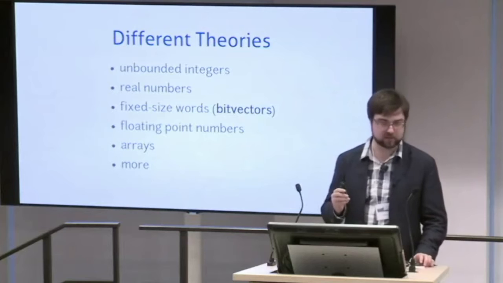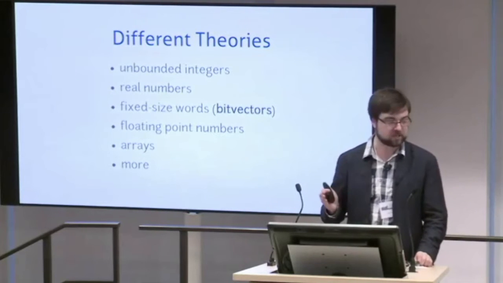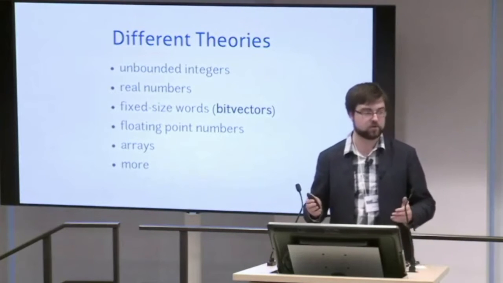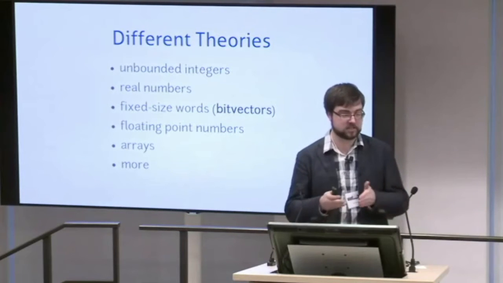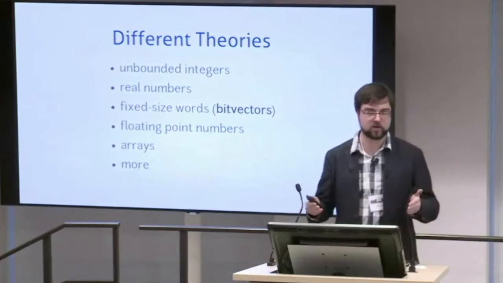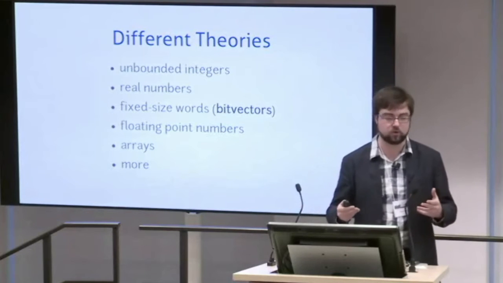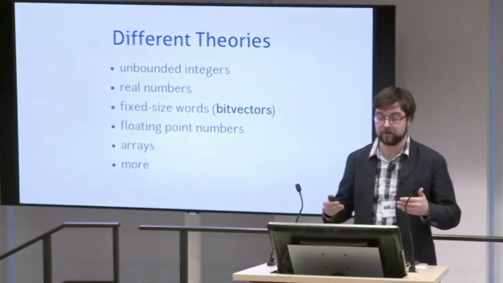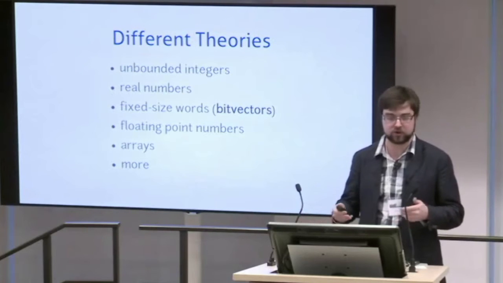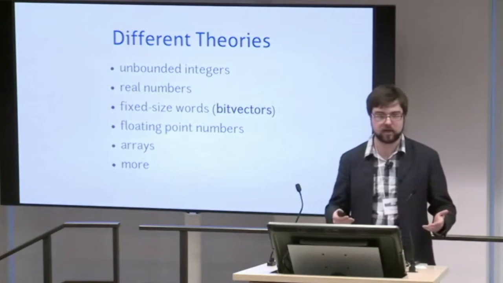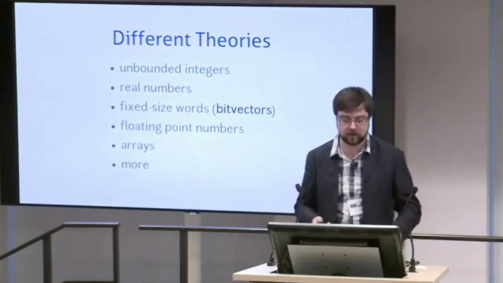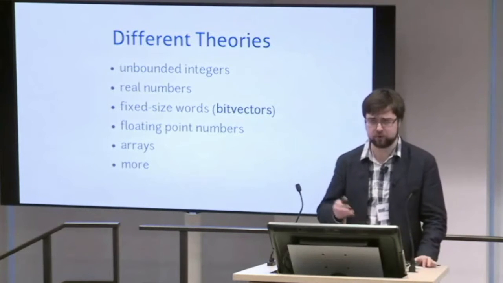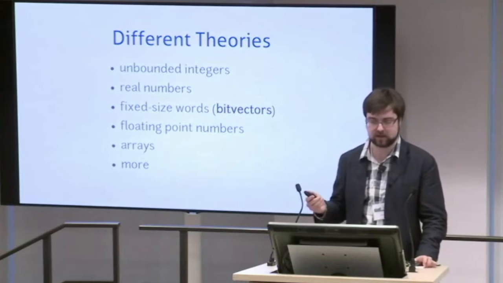And one that's worth seeing in particular are the fixed-sized words, so like machine words. Basically, it's just a sequence of bits where Z3 also knows how to do the common bitwise operations, including treating them as numbers, so addition, multiplication, division, for both signed and unsigned,